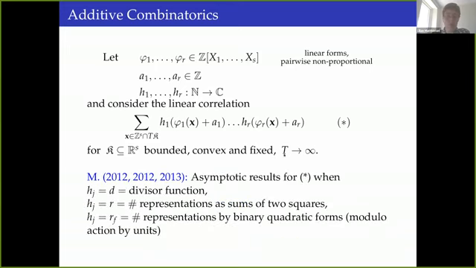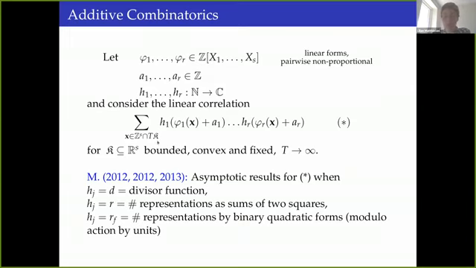I did this for a few functions quite a long time ago. I considered the divisor function. I considered the function that counts representations of the argument as sums of two squares, and the generalization of the two that counts representations of the argument by binary quadratic forms. If you look at the collection of functions written up here, then all of them are counting functions. All of them count how many representations there are of the argument in a certain way. Representations by certain binary quadratic forms in this case.